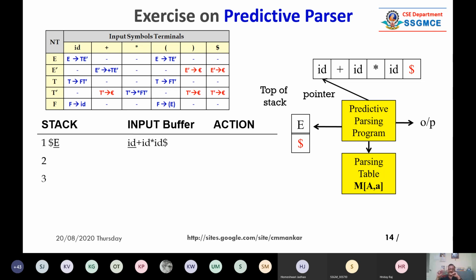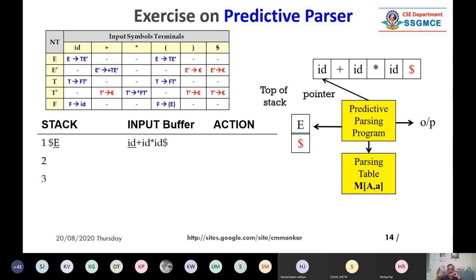So the pointer is at the first element. And see, E is the start symbol. So dollar is on the bottom of the stack, BOS, and E is on the top of the stack, TOS. Just remember this, I will be using these terms. TOS means top of the stack. BOS means bottom of the stack. I hope you are getting me.